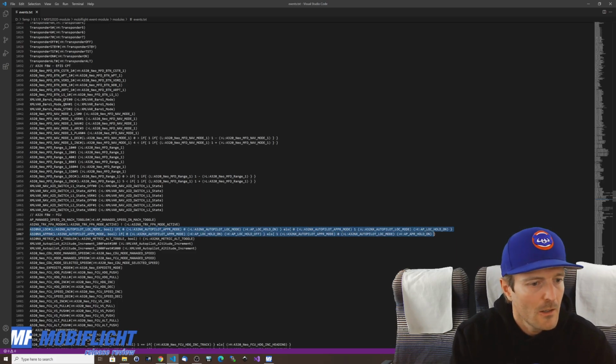It allows us to map the event to a more complicated code that will be executed in the context of the WASM module and your airplane, and it also allows us to read and write to the LVARs, which was not possible before. We still don't have the LVARs accessible from MobiFlight for reading, for example, and writing in that sense, but